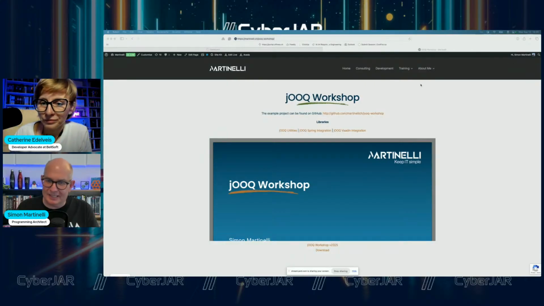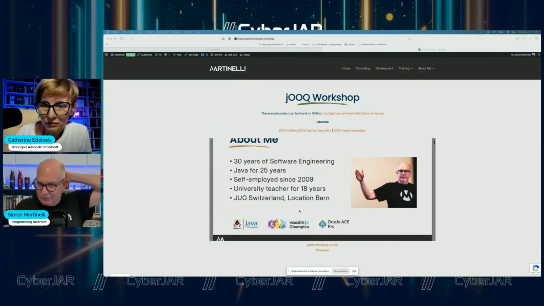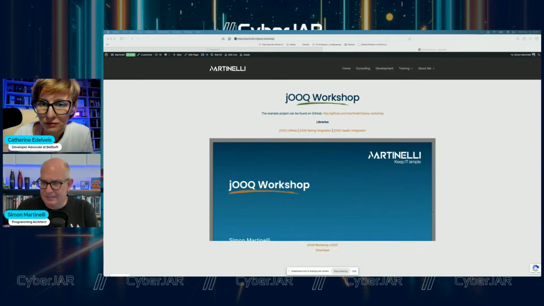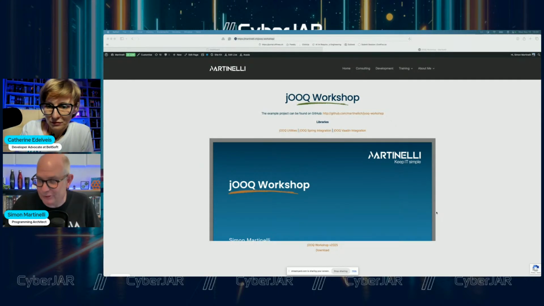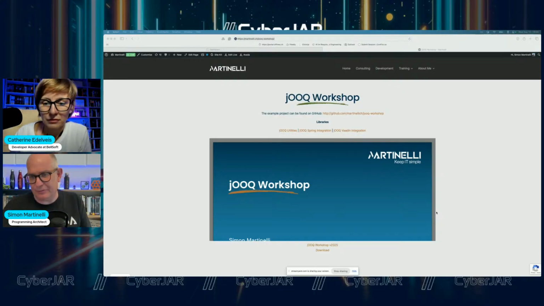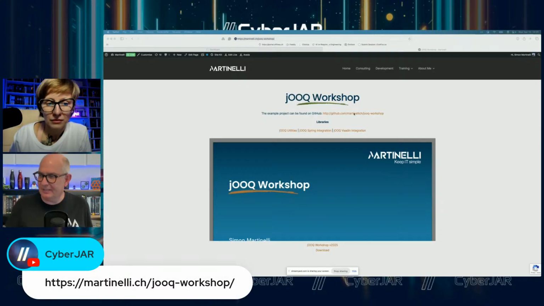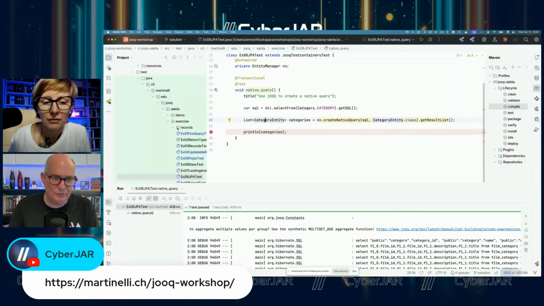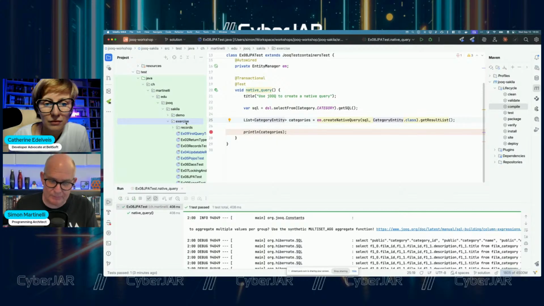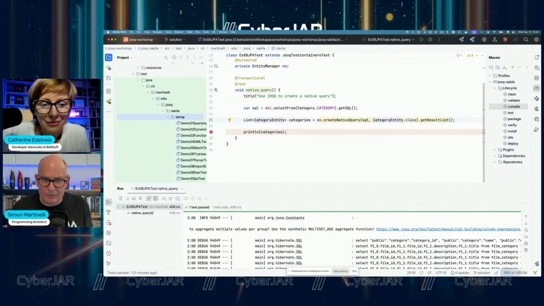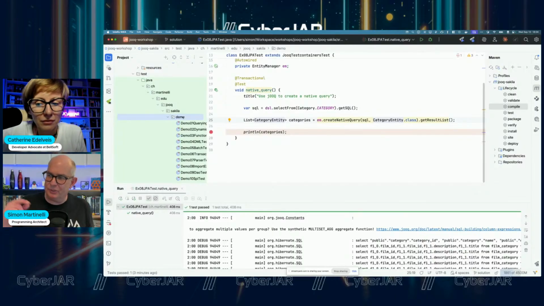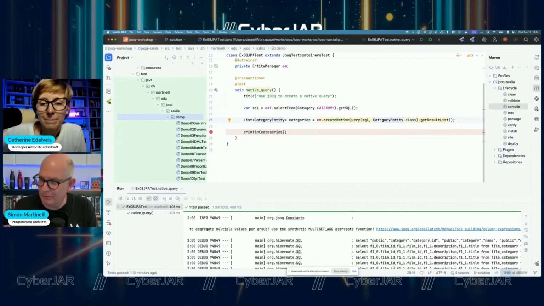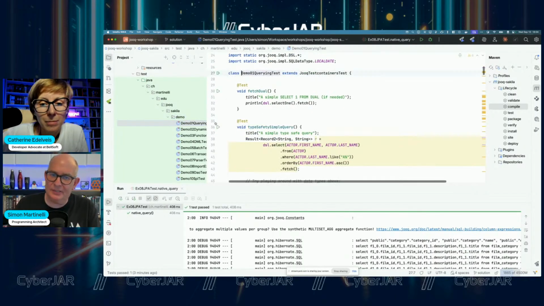And here on this side, you see the slides from the workshop, by the way. The workshop slides are more or less pointers to the documentation of JOOQ, because JOOQ has a very extensive documentation. And then here on top, you will find the link to the workshop. By the way, the tests that I've shown you, there are exercises that you can do. That's part of the workshop. But there's also a demo package, and the demo package is from the JOOQ demo. So JOOQ has its own demo project, and I ported that to Spring Boot.